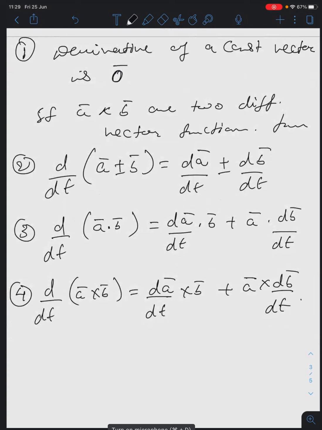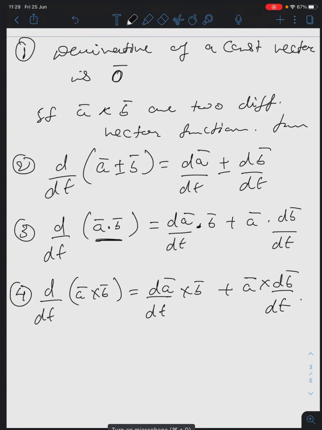Now, if you take the dot product of two vectors, what is the result? Tell me. A real number. A scalar value you will get. So here you are going to get a scalar function which you are differentiating. Again, if you differentiate a scalar function, you will get a scalar value only.